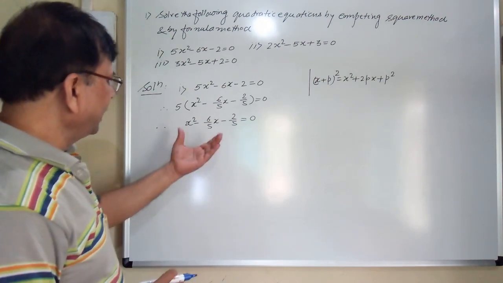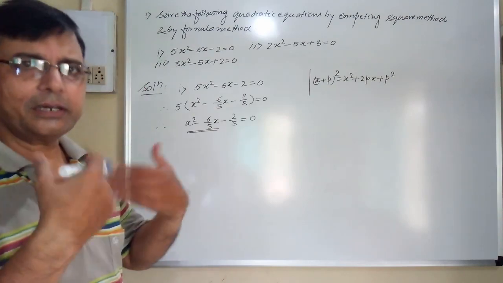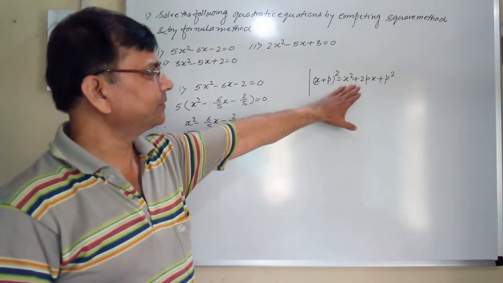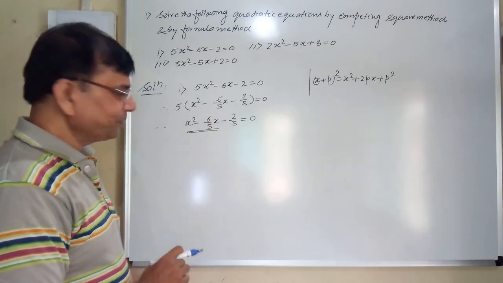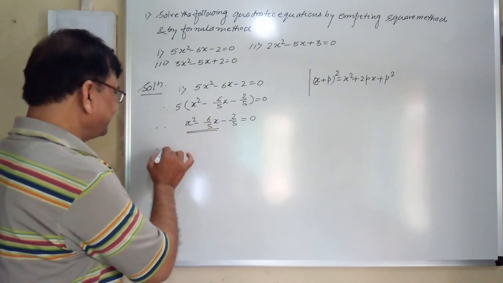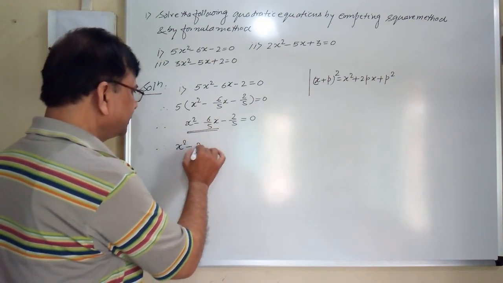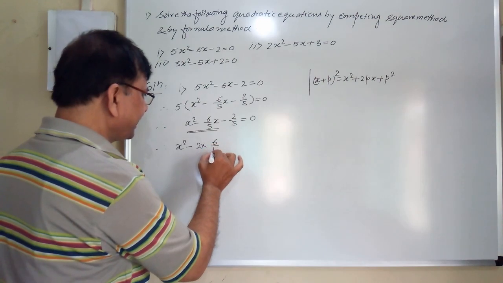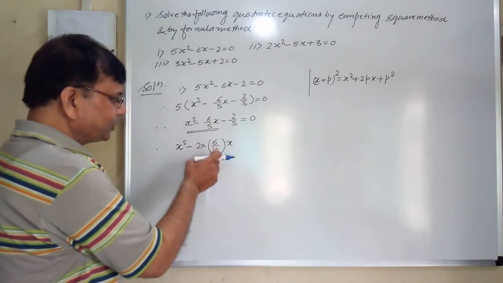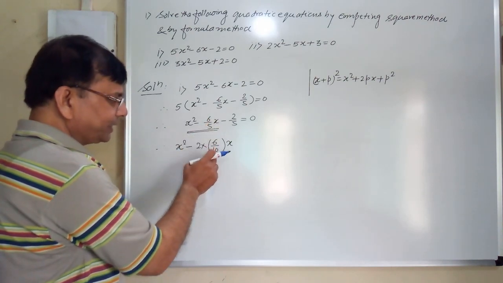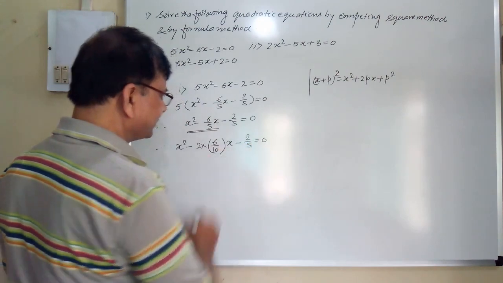Okay. Now, these two terms are to be converted into a perfect square of this form. Means 2 has to be there with the term where x is there. So this can be written as x square minus 2 into, we can also write 6 by 10, because multiplying by 2 and dividing by 2, 5 into 2 becomes 10, minus 2 by 5 is equal to 0.